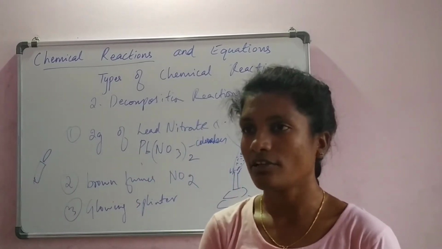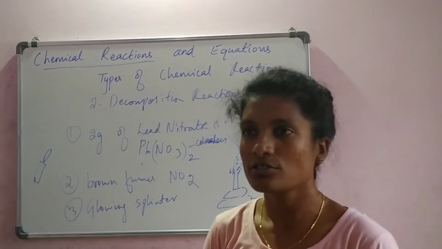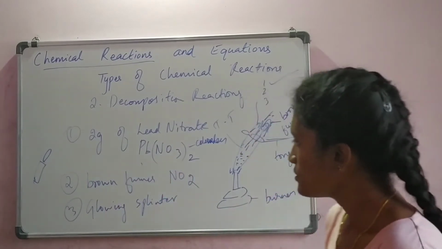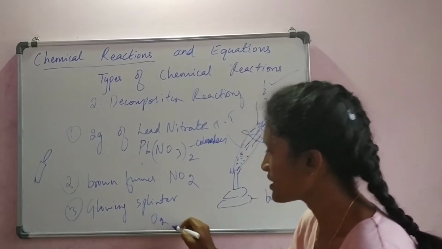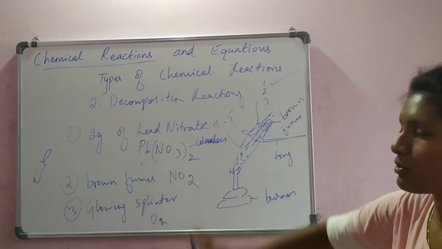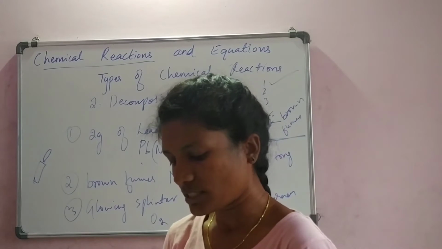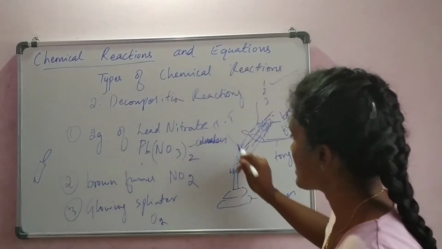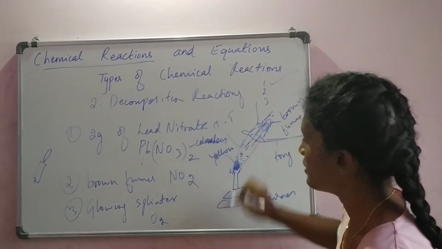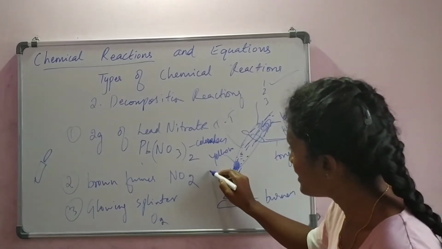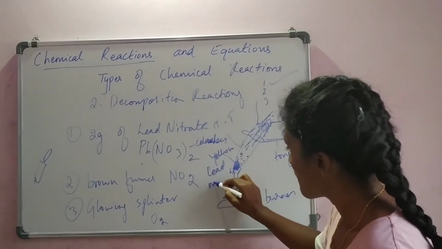What does that tell us? If it is glowing even more, then it means oxygen gas is being supplied. Correct? So combustion is increased. So glowing splinter is brought near the mouth of the test tube. This shows oxygen gas is present. Okay? So this is all about the activity. Now a yellow solid is left behind in the boiling tube. This is lead monoxide. After this experiment, there is a kind of material left out which is yellowish in color. This yellowish color is lead monoxide. Sorry, what is it? Yes, lead monoxide.